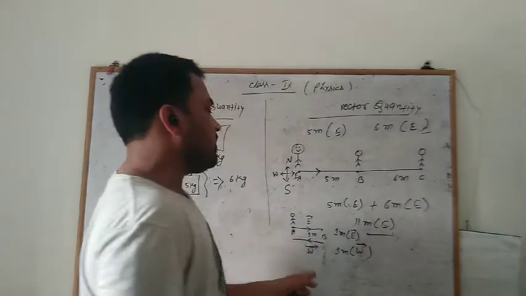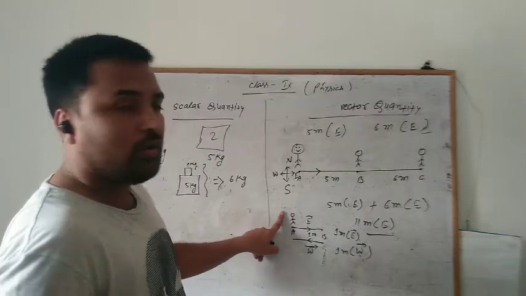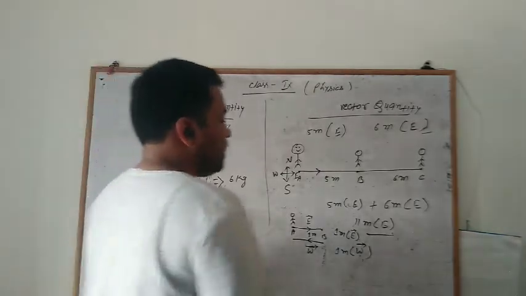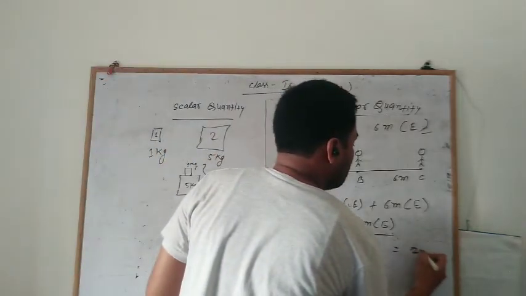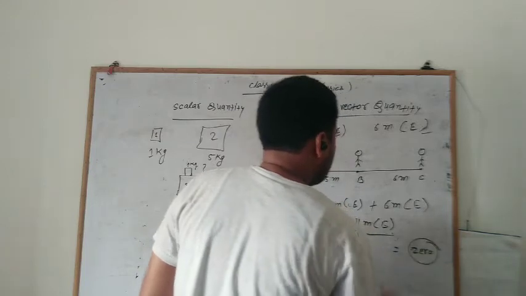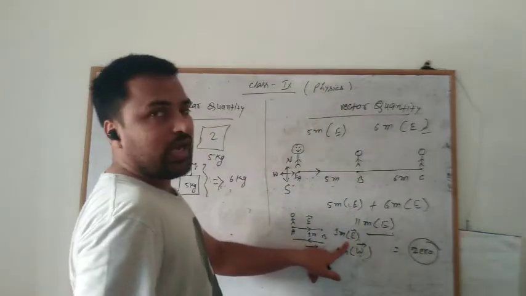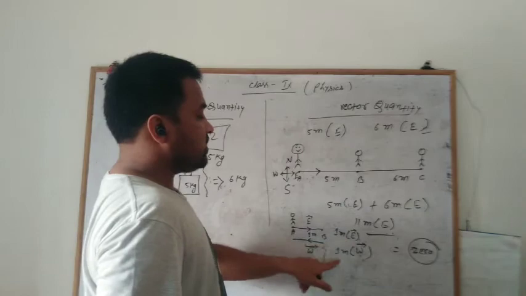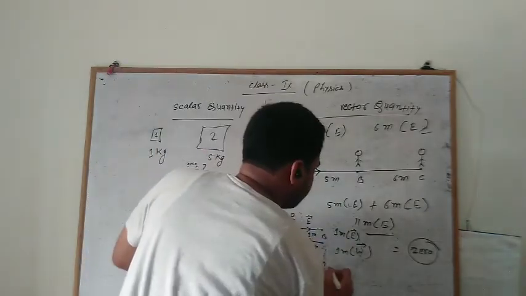So now what will be the total displacement for this person? It will be 0. So we cannot add simply, because 1 meter